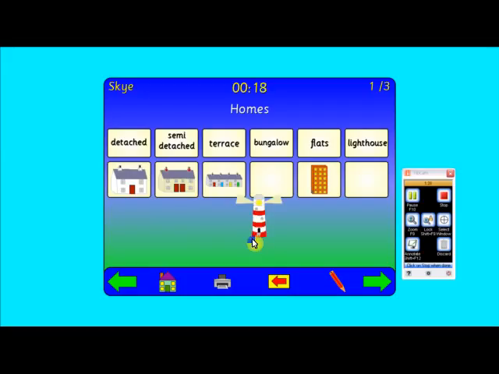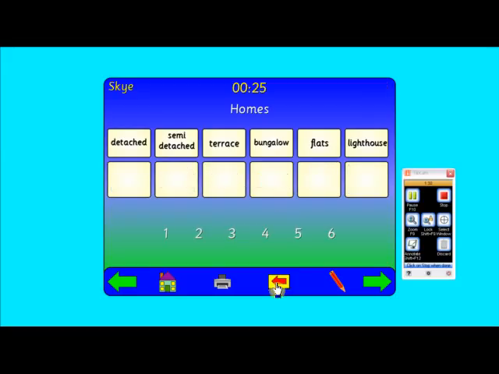Lighthouse. Now if we put lighthouse here, it'll go to the correct place, but will be lighter and with a square around it. And the bungalow goes there. And we have a try again. If we want to repeat the activity, we simply click there,